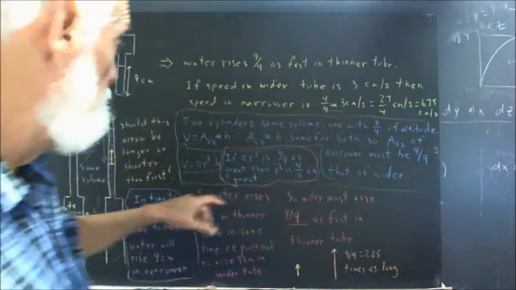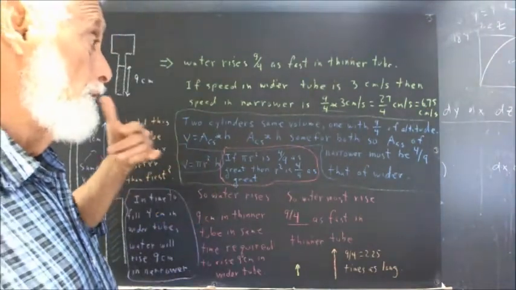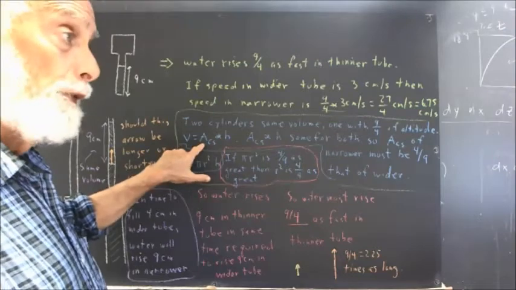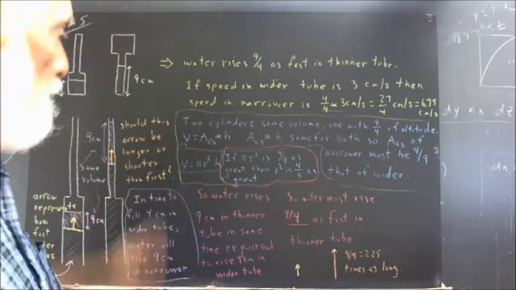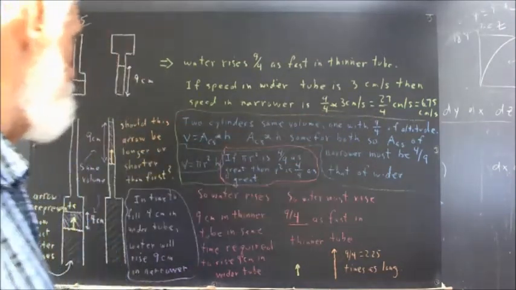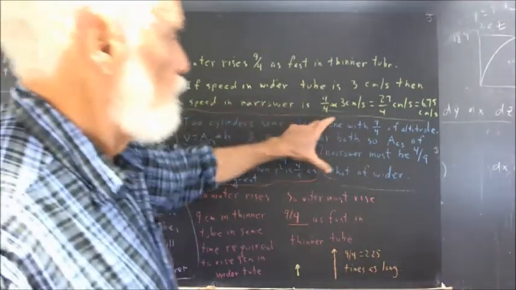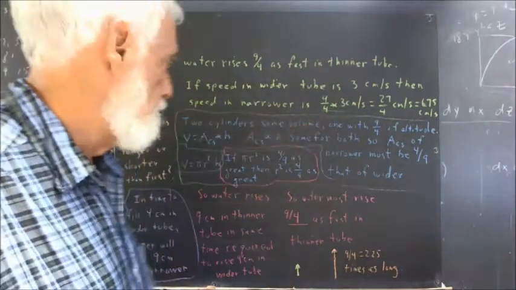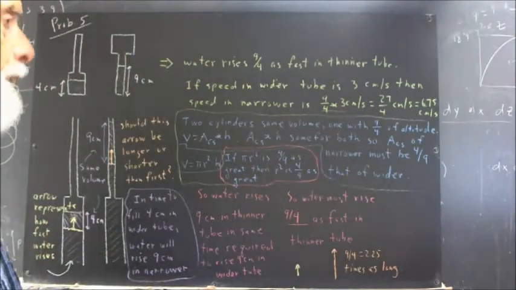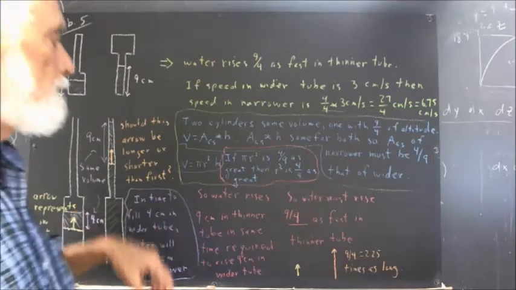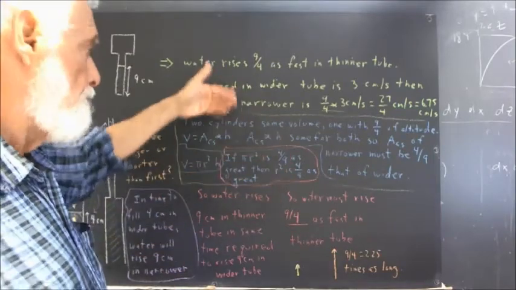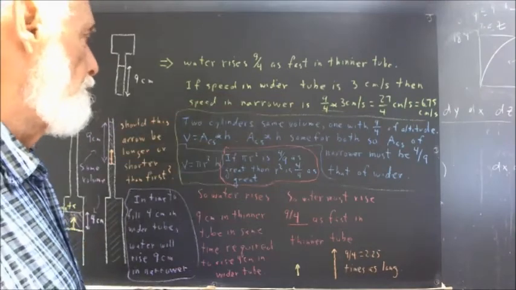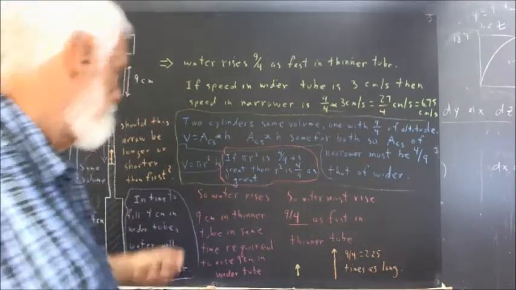Because if the narrower tube has 9/4 of the altitude, to get the same volume, it's got to have 4/9 of the cross-sectional area. Now we'll do that more formally, but if that's not completely obvious to you, that's something you should think through until it is. Then, we've concluded that the cross-sectional area of the narrow tube is 4/9 that of the larger, which means,